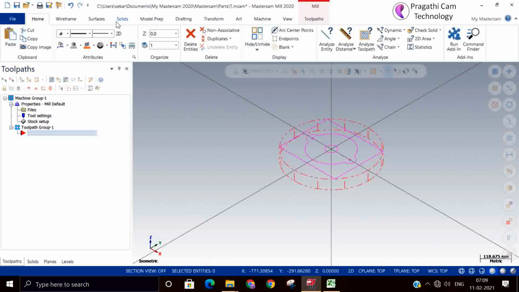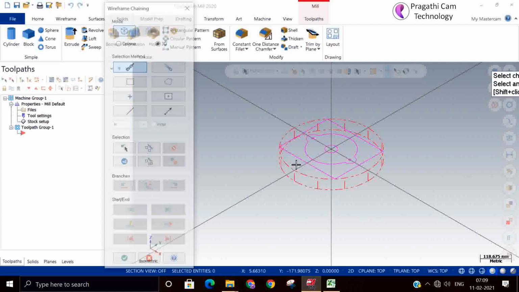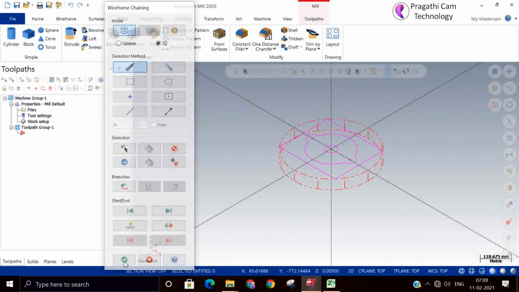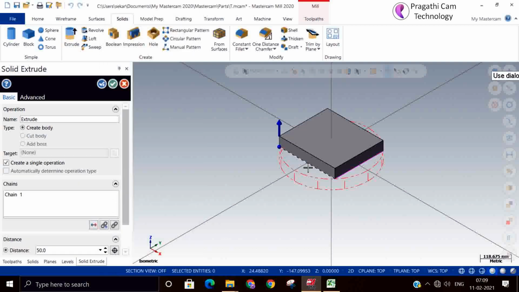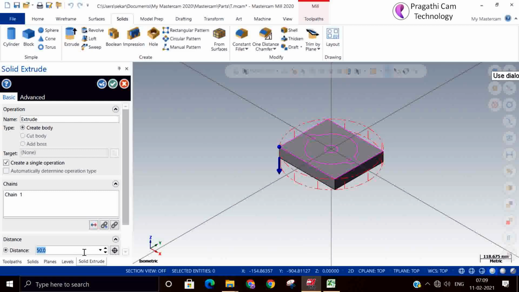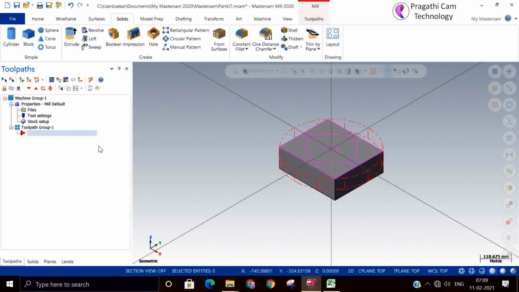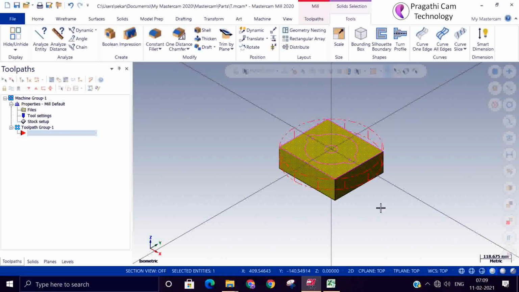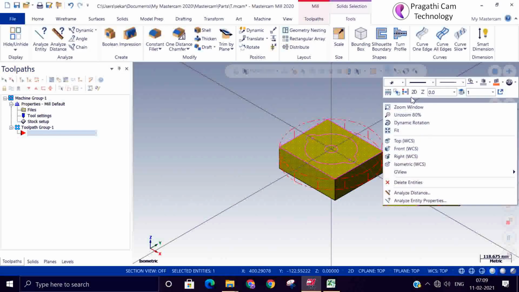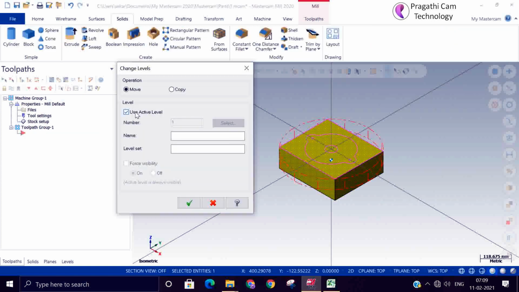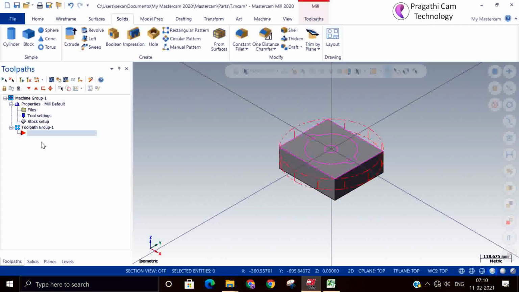Even if you have a solid model, you can consider that also as a stock. Now we are going to see the solid as a stock. I'll put it in level 100 and give it as stock. Then you can switch off the level.